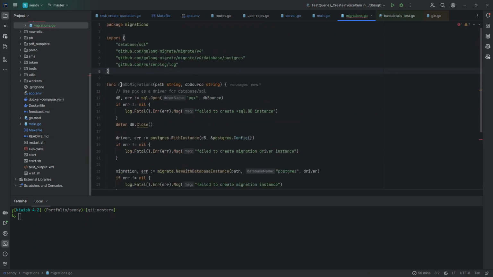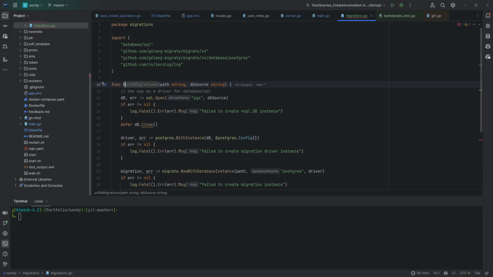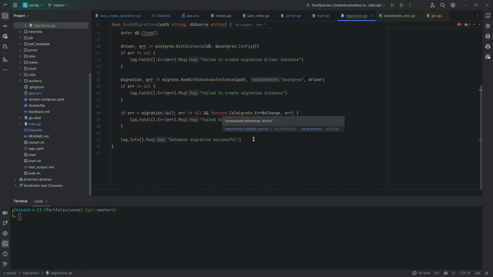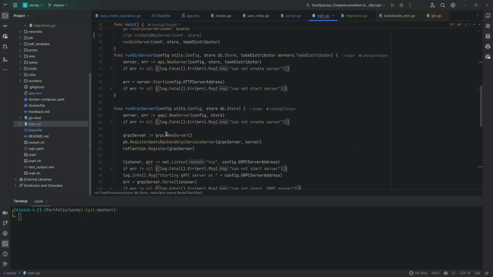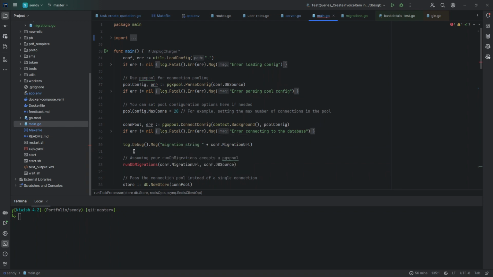So we export the function RunDBMigration. Let's import the errors package. And then I think we still have